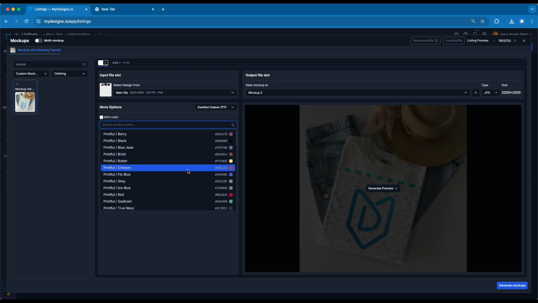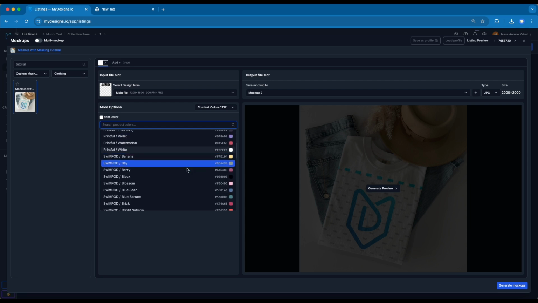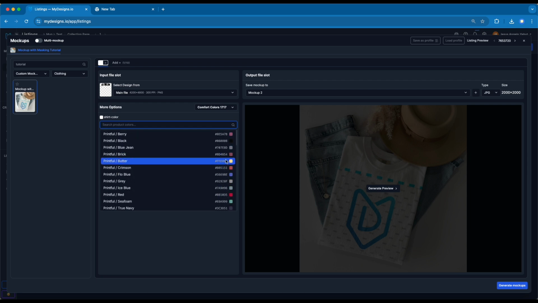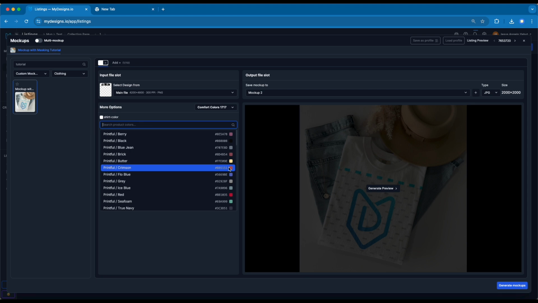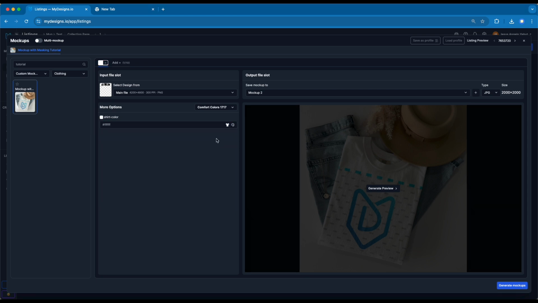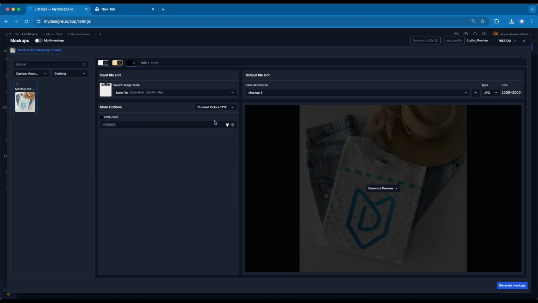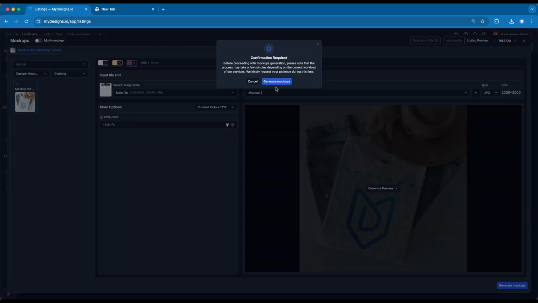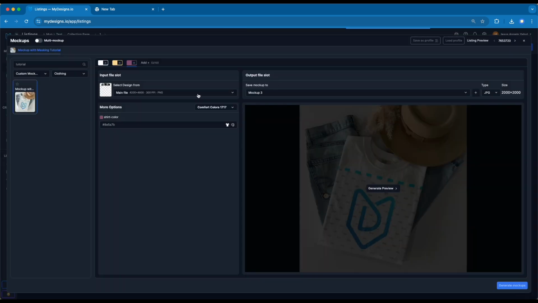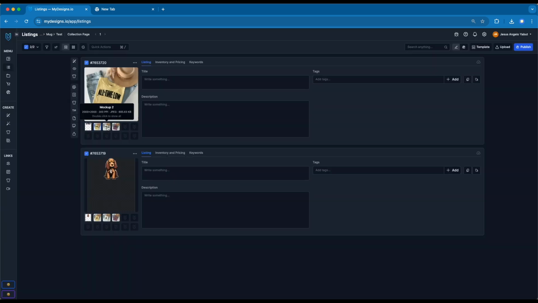Since this mockup is linked to the product Comfort Color 1717, I get to see all of the available colors from different print providers. I will choose white, go over here, and add another color. You can select up to 10 different colors. Lastly, you can generate a preview, but I'll go over and process the mockup generation and hit Generate Mockup. Confirm the action, and finally, you have generated bulk listings in